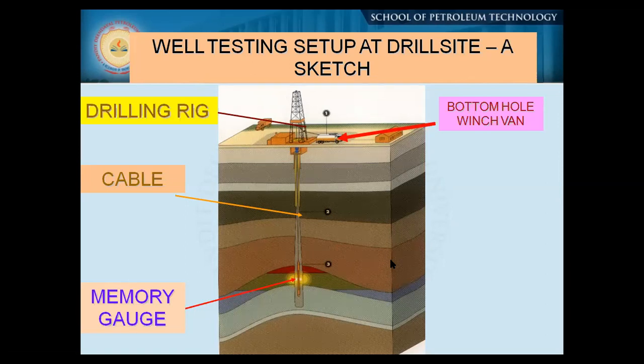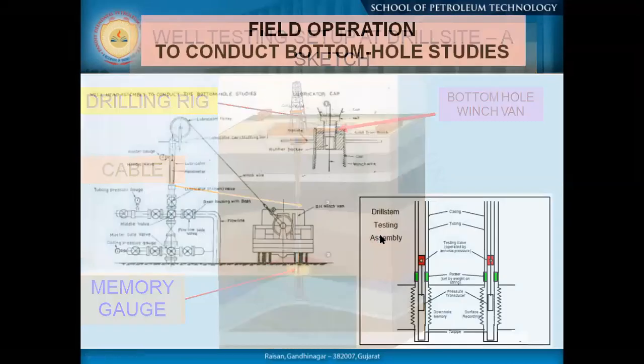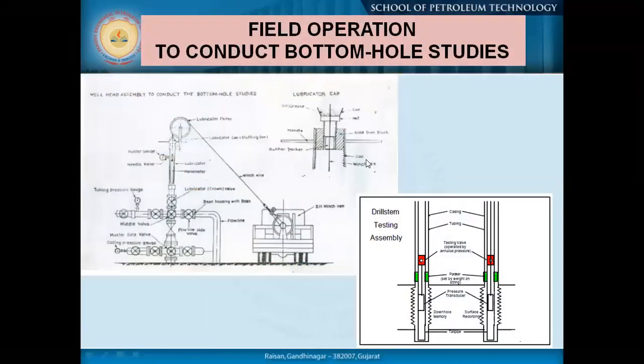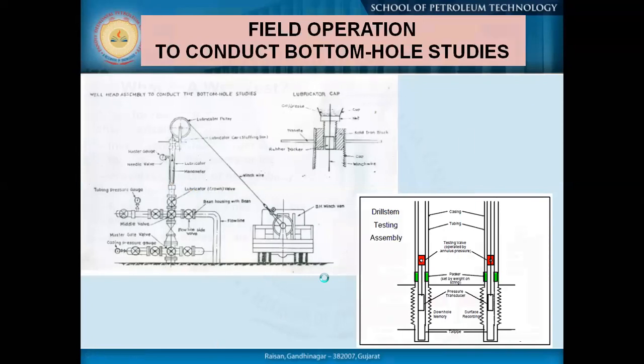Okay, so if I just show you this diagram, hopefully we have discussed it early. We require a winch van where we carry all the instruments for our study. And if you go to the right side figure, you can really understand we lowered down our instrument before the perforation. Okay, this is an electronic memory gauge which records our pressure and temperature simultaneously. So this is what is happening particularly when we are recording our instruments data for the bottom hole study.